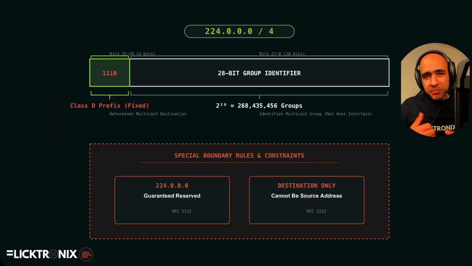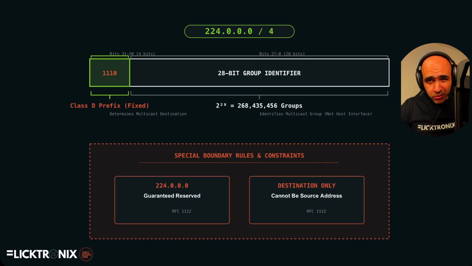But now IP has another problem. A packet still has one single destination field in the header. The network needs to look at that field and know whether it represents an individual destination or a group. IPv4 solves this by reserving a dedicated range for multicast. It's